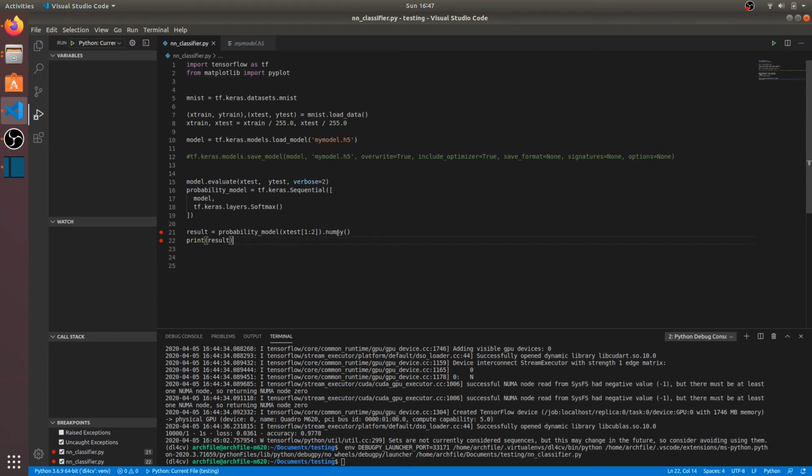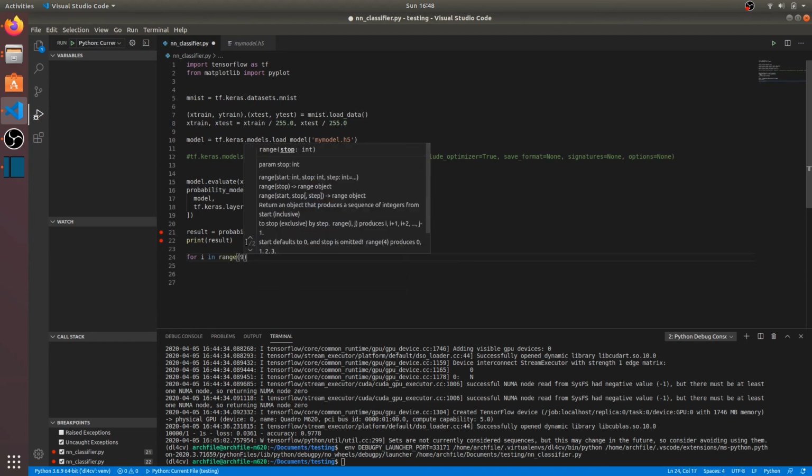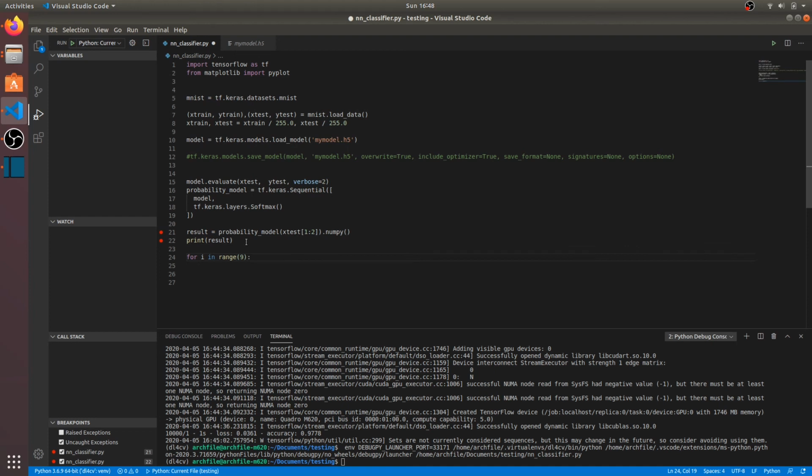All right, we can print those results. We don't really care about that a hell of a lot, but let's print those results. And let's say for i in range 9, because there are 0 to 9, so 10 characters. Let's say pyplot subplot,